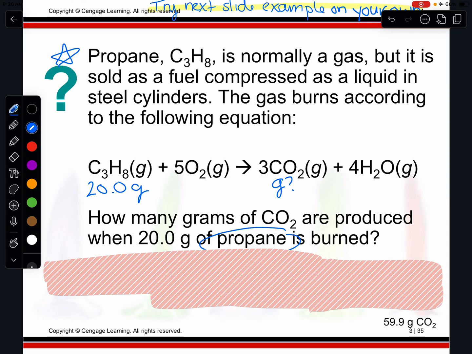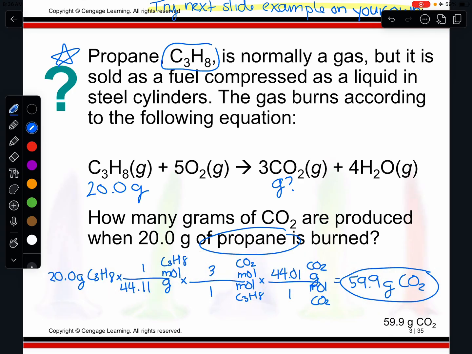And a lot of times it'll just say propane, and you have to read the previous kind of story above to figure out which one that is. Now, process of elimination, you probably could have figured out what propane was, but just so you know, sometimes you do have to read the direction prior. So I got 59.9 grams of